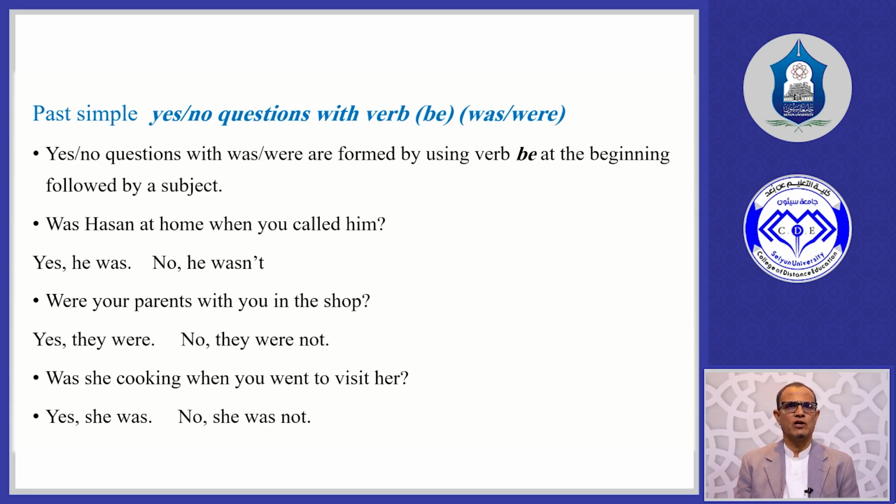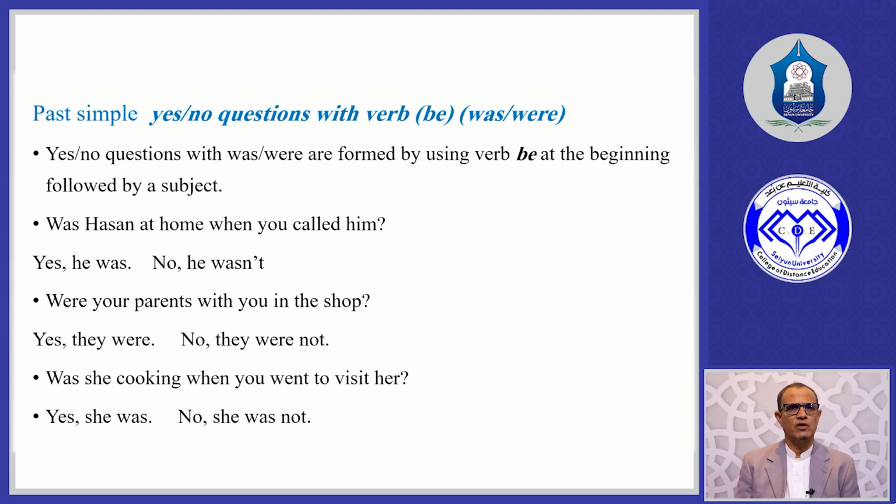So we have to say, for example, where did you go in the morning? What did you eat for lunch yesterday? So what here is the question word, and then followed by did, and then we have the infinitive eat. Or where did you go in the evening, for example, last night? So we have to use the question word where, and then we have did, and then we have the infinitive, for example, go. So questions can be divided into two types: yes, no questions, and